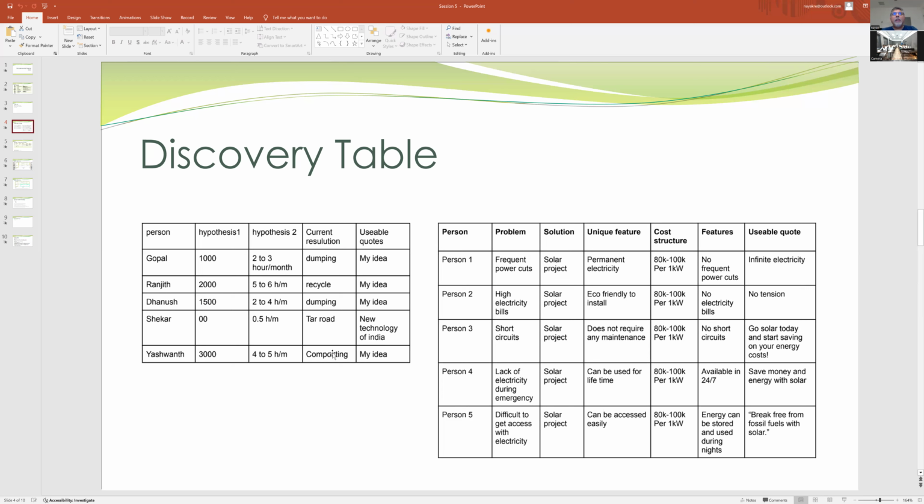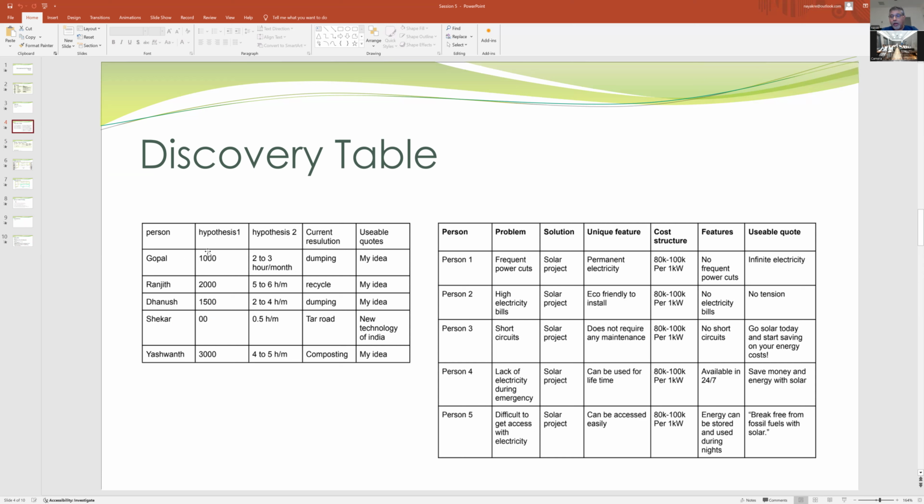See, current resolution here. On this one, Bharat, what does this number stand for? That problem's expenses. Expenses, cost. Okay, the total cost is high. If the cost is high, what is it? Is it 1,000 rupees per month or 1,000 rupees per day, per hour? That has to be clear. Per month. Okay, so you need to put it, right? The hypothesis would be cost of solution, current solution, or cost to the person for not doing the